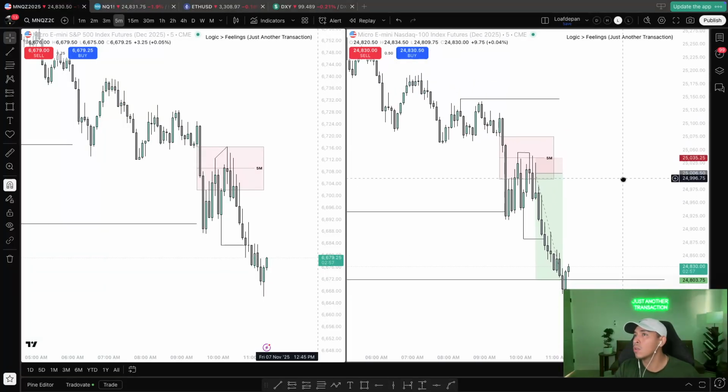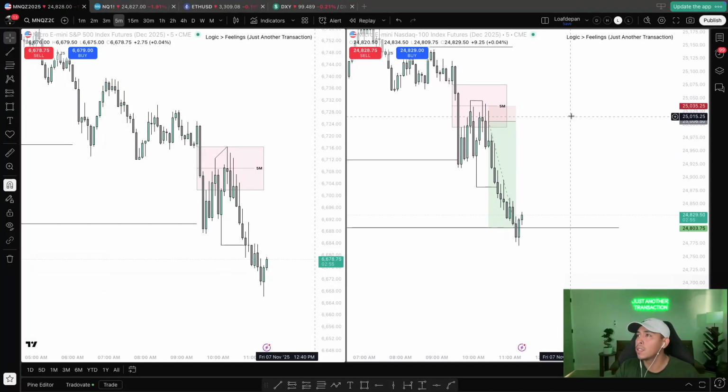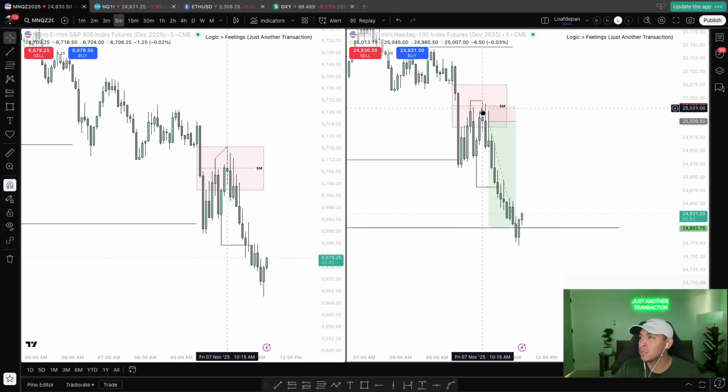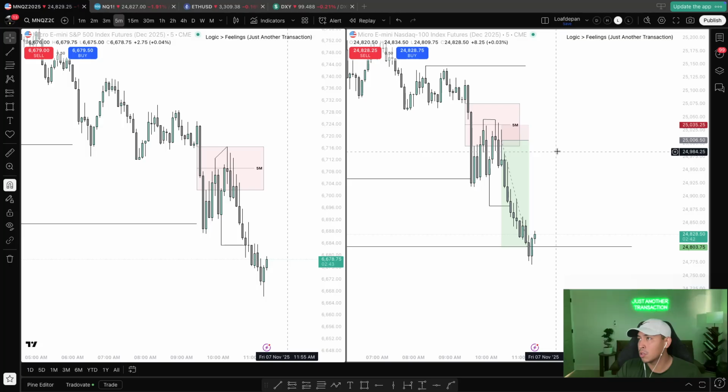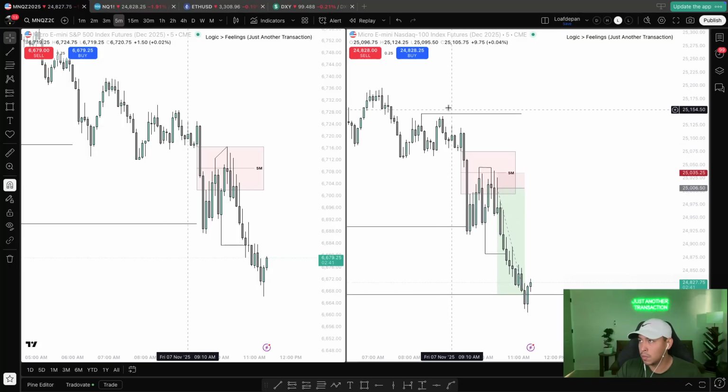Just wanted to do a quick review. I didn't take any trades today, still haven't. I think I'm done for the day. Nothing too interesting, especially after expanding. We're nearly down almost 2%, I believe. Yeah, almost 2%. So my final target got met if I was going to go short, but I was more leaning towards a bullish bias towards these highs up here.